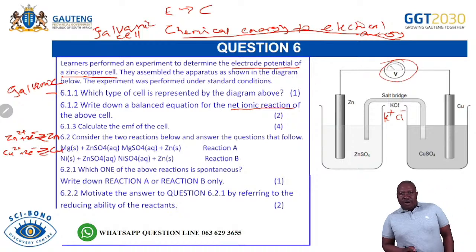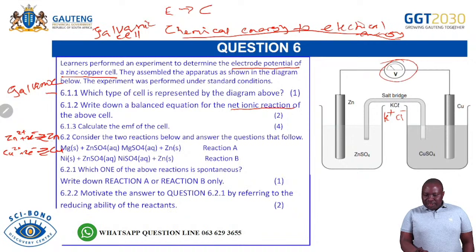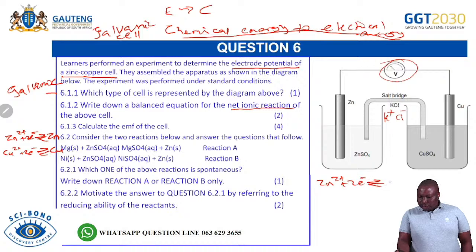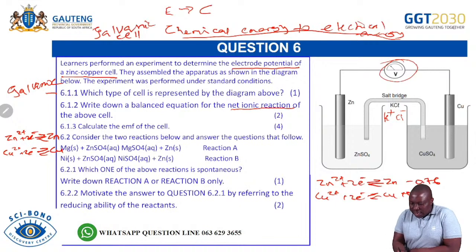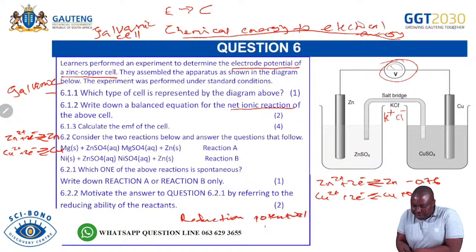So all you have to understand is that with the first reaction, the one with the lowest standard reduction potential, remember the standard reduction potential for the zinc one, if I might write it here so that you follow what I'm talking about. If you check, zinc is -0.76, and then for Cu2+ it is positive 0.34 volts. That is the standard reduction potential. So what we have to know is that reduction potential means ability.